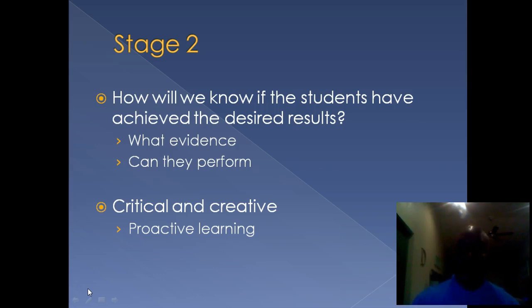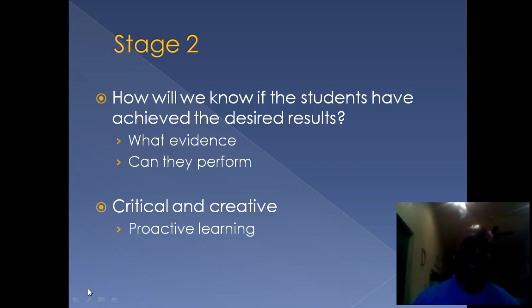A lot of times, first year teachers, and I hate to say, but subpar teachers just go straight to that book, chapter 1, and we'll read it and we'll answer the questions and then we'll review and then we will do a test. But is that really where we want to be? Is that really what we want to do? I know as a kid I had to do it a lot, and it was not very interesting, so I used to get in trouble a lot. But anyway, stage two,